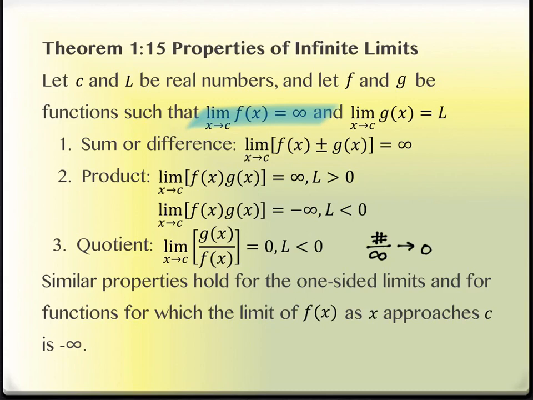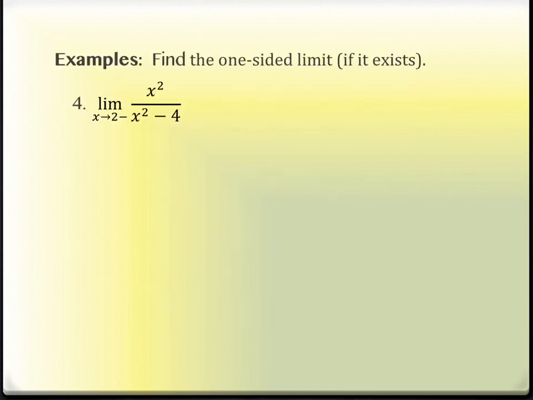All right, so I promised you that we would do one with a graph, which we did, and I promised you we'd do one with a table, which we're about to do. So this one, we're going to find a one-sided limit if it exists. You could do this with a graph. It doesn't say you have to use a table here. If you're not told to use graphical or numerical, then you get to pick. I just want to show you one that has a table since I did one already that had a graph.